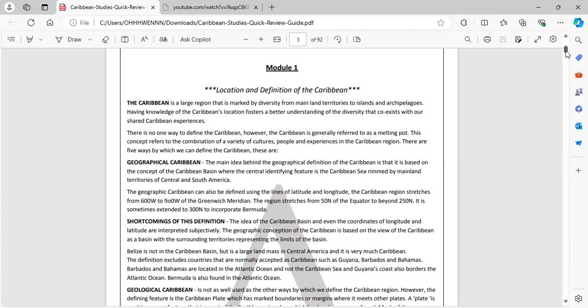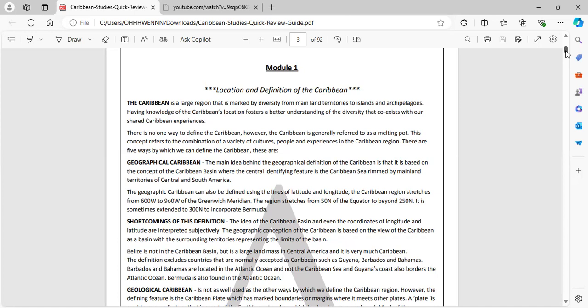People only define the Caribbean as geographic. They always say it is the countries that wash upon the Caribbean Sea. That is what we mostly learned in primary and secondary school. But right now, in Caribbean studies, it's more in-depth knowledge, and they have dived into it and defined the Caribbean based on five chronologies, I guess that's the word.